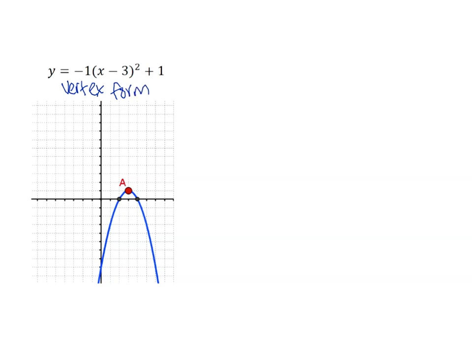Vertex form to standard form. Standard form is the form that we've been looking at when we were doing factoring. That's the one that's ax squared plus bx plus c, or you could say equals y. So in standard form, we have no parentheses, so our first task would be to get rid